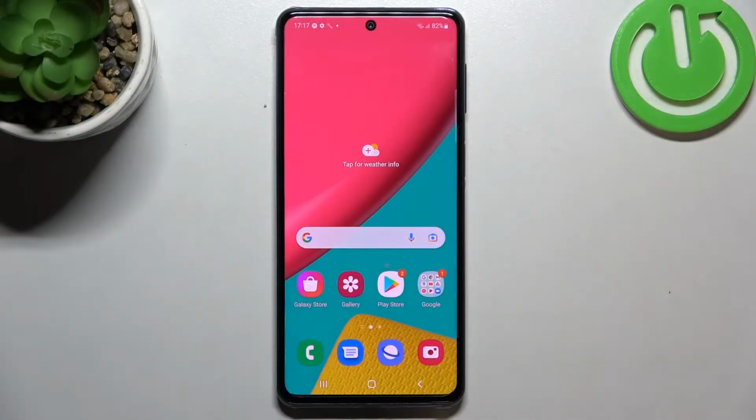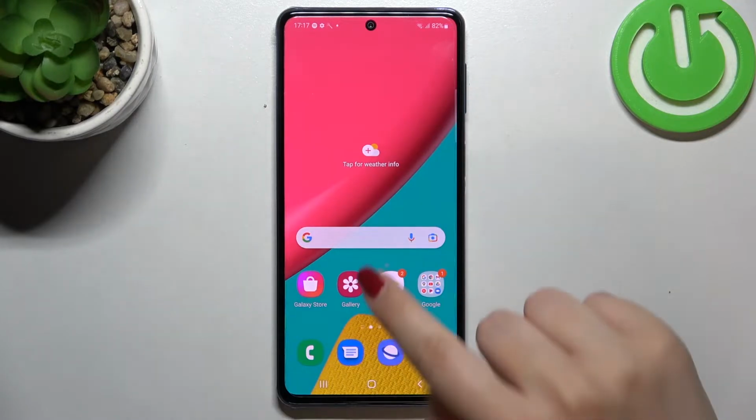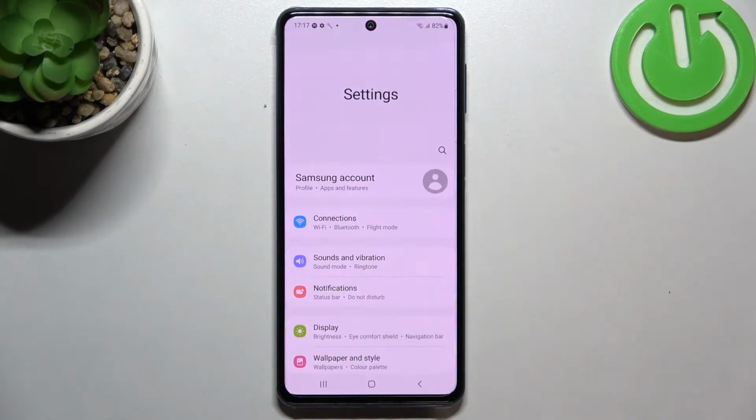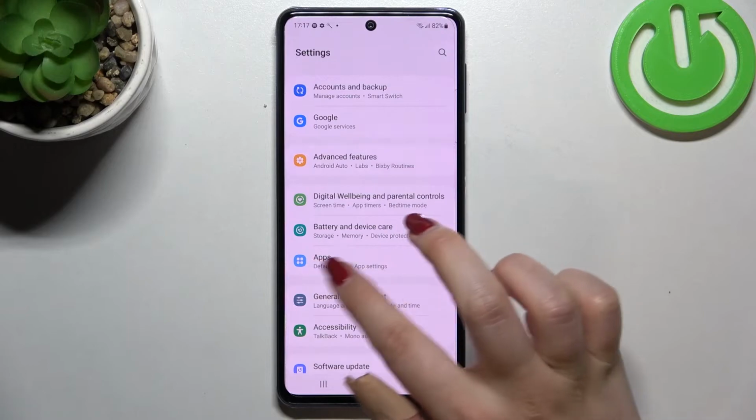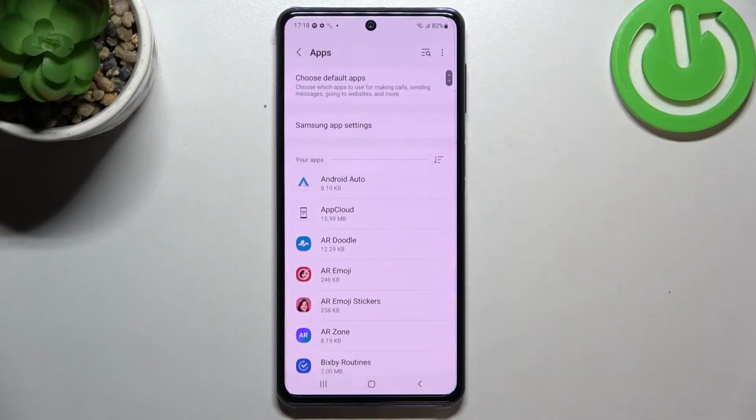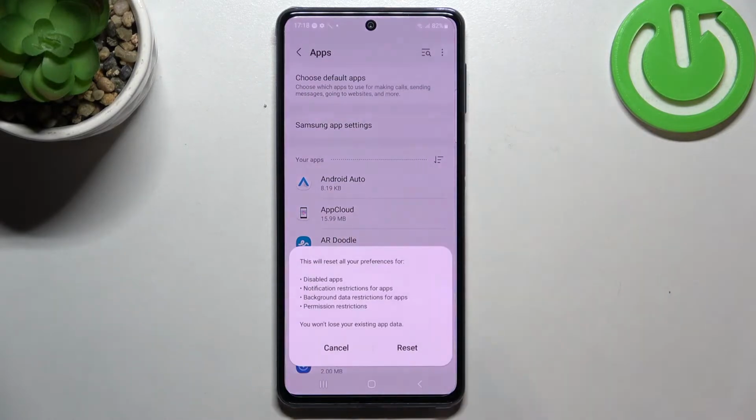Hi everyone, in front of me I've got Samsung Galaxy M53 and let me share with you how to reset up preferences on this device. So first of all we have to find and open the settings, and now let's scroll in order to find the apps. They should be right under the battery and device care. Now let's tap on the three dots icon in the right upper corner and tap on reset up preferences, as